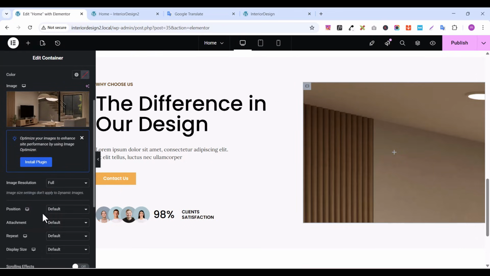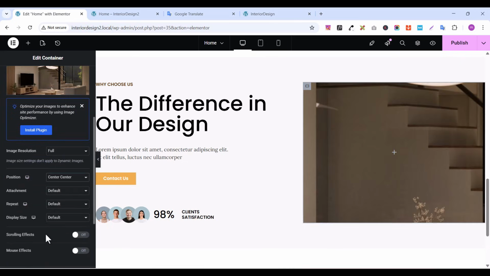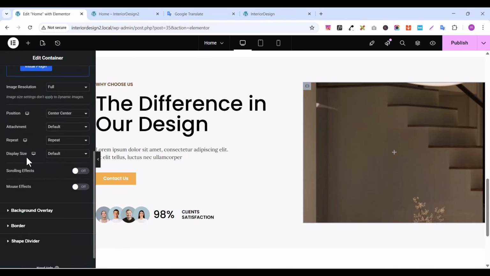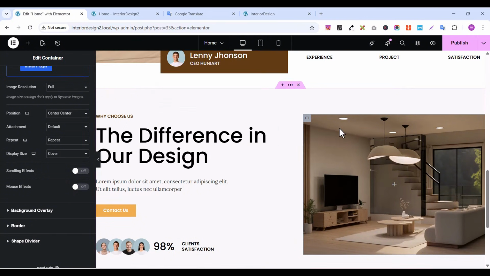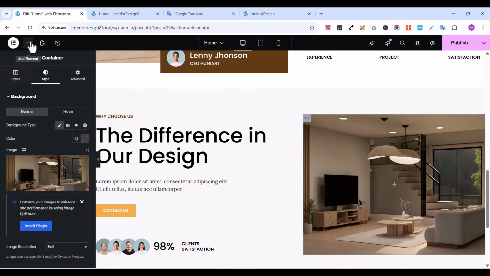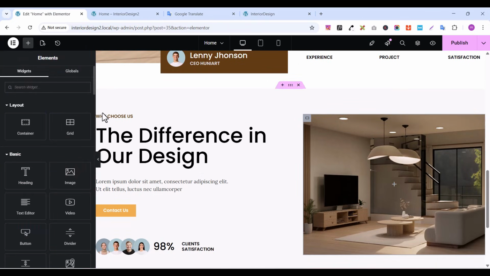On our control panel here, position, select center, repeat, no repeat, display size, cover, like this. So after that, let's add a grid inside this container by going to our element panel, look for grid, this